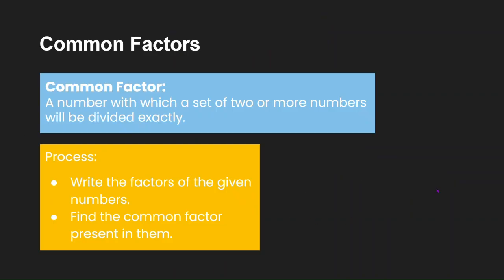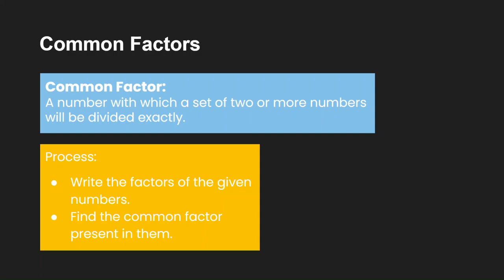So let's move on now. Let's talk about common factors. Common factors are a number with which a set of two or more numbers will be divided exactly. So this is something we use when we're comparing two different numbers and looking at their factors. Right? So the process of this is to write the factors of the given numbers and then find the common